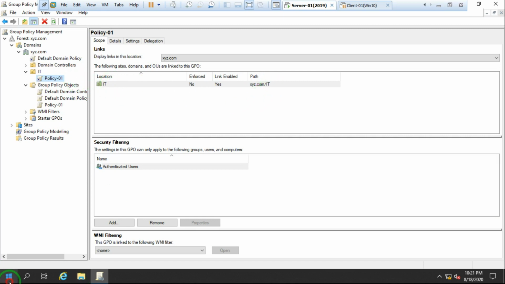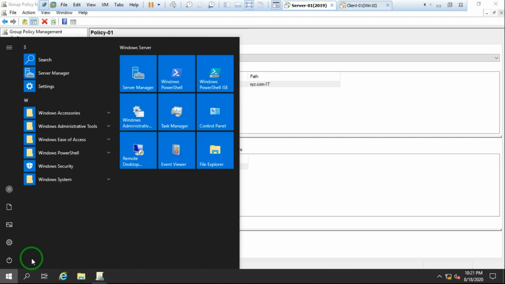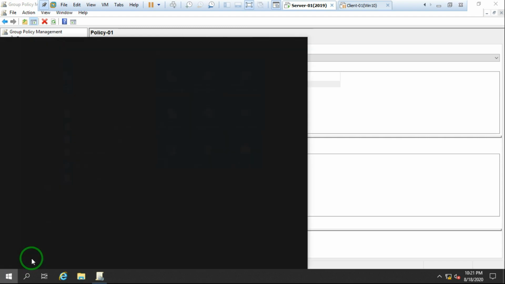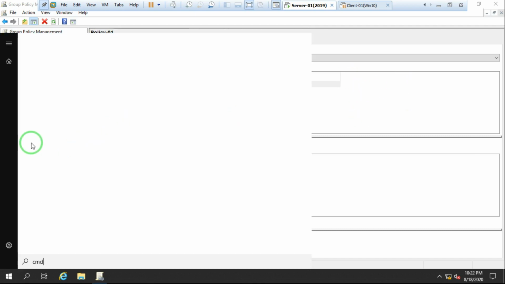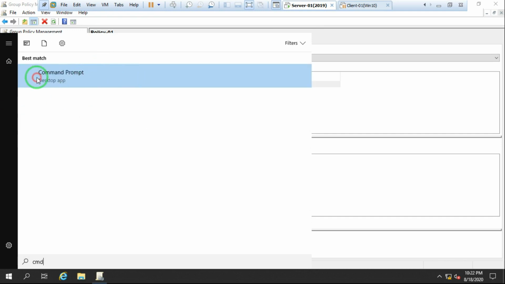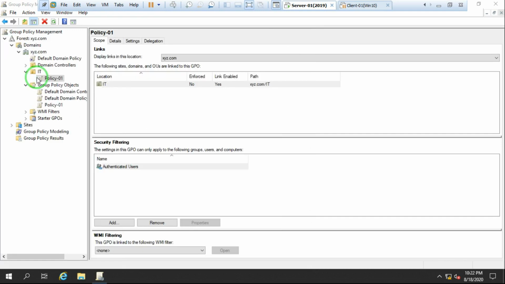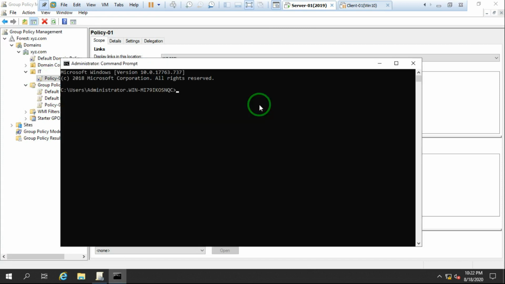Now I open CMD and apply the policy. I open the command prompt because I'm not able to use Run, as the policy is still applied.